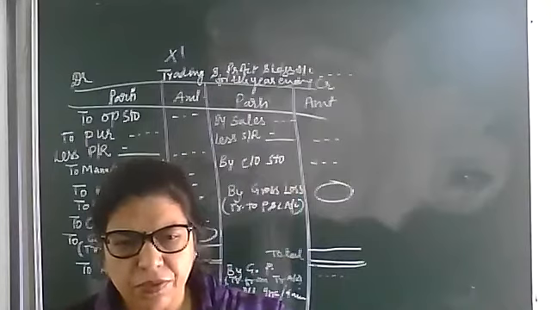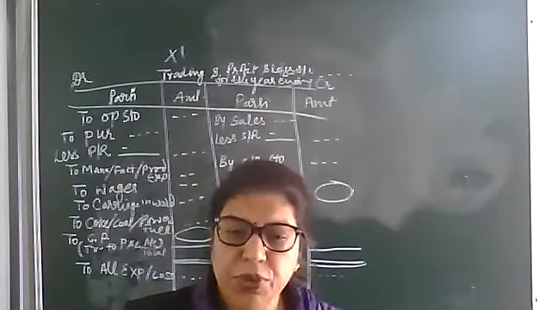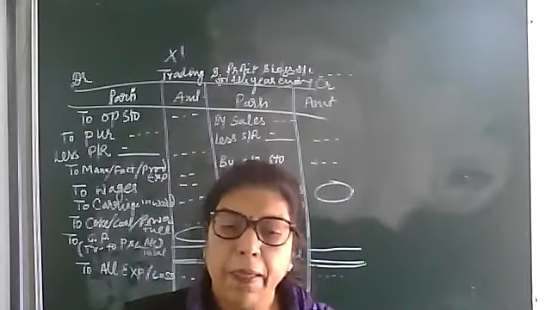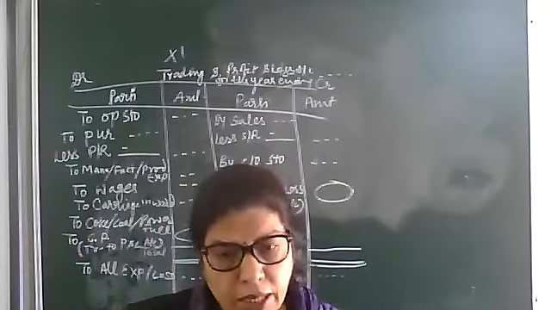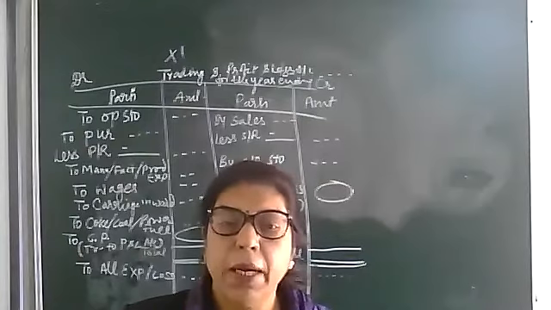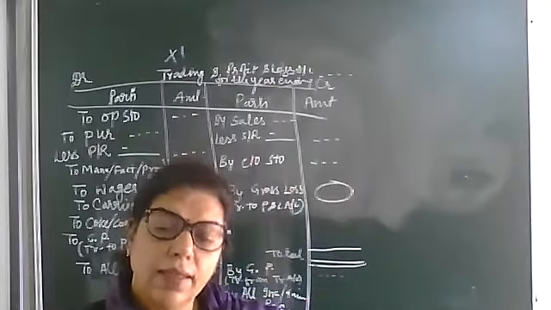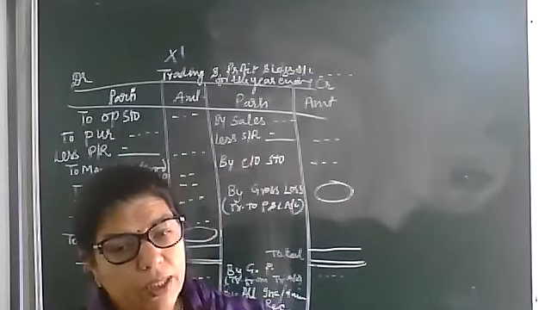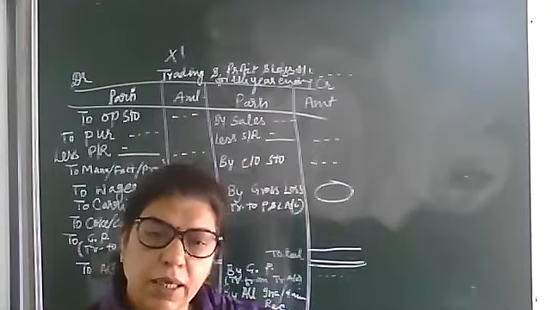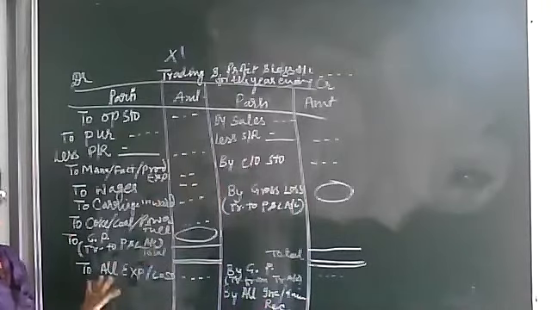Salary paid to staff, office maintenance, office rent to be paid, stationery, postage, electricity, various expenses are there in an office. Yes. And then losses, maybe some damage, loss by fire, loss by theft. Okay, bad debts is a loss for business. Bad debts means the amount which is irrecoverable. Depreciation on asset, that is also an expense. Various provisions a businessman can make. Okay, so all these will be transferred to the debit side.